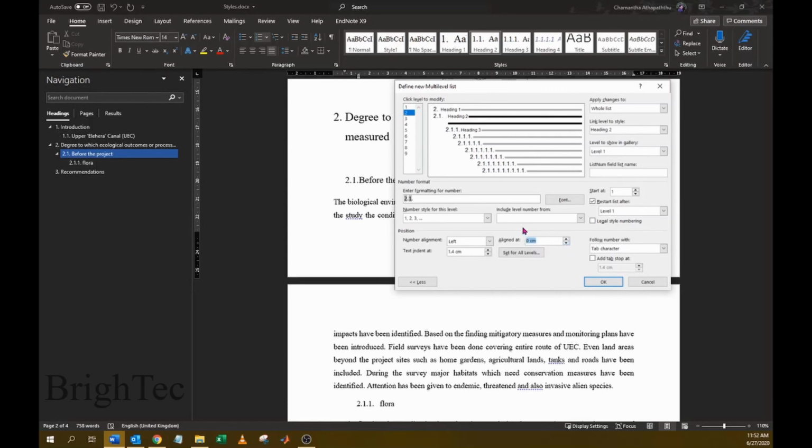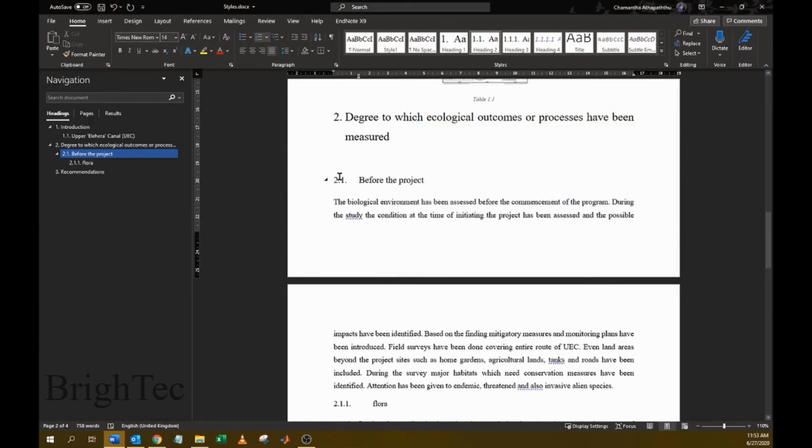For example, I want the number to start at the margin, so I will make it 0. And I also want to start the level 3 number from the margin, so I will make it 0 as well. And I will click OK, and now you can see that level 2 and also level 3 start from the margin. You can also change the distance of the text from the margin.